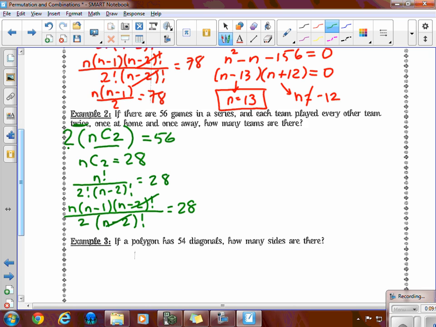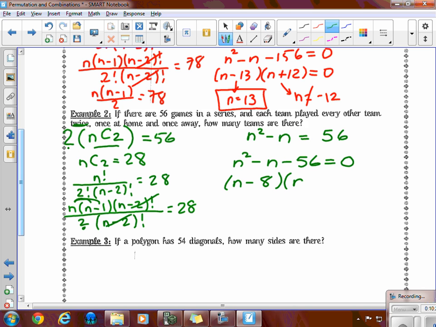If I take my work up to the other side here, we should see the numerator I can simplify to n squared minus n. That's distributing in that n. I can multiply this 2 to the other side and get 56. Bring the 56 over: n squared minus n minus 56 equals 0. Factor and solve. And if you look at your solutions, we're either saying there were 8 teams in this league